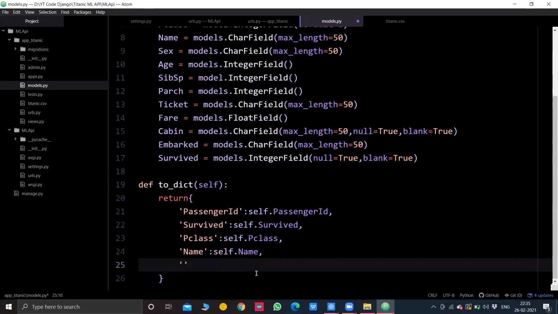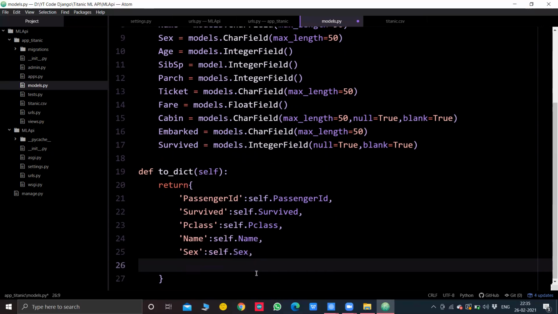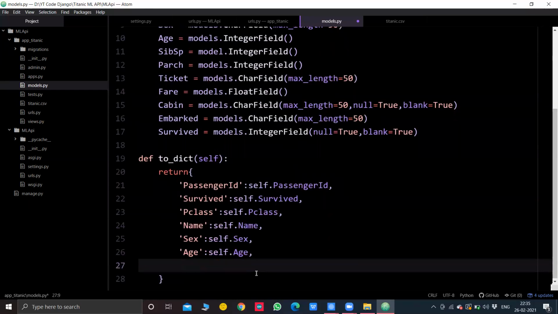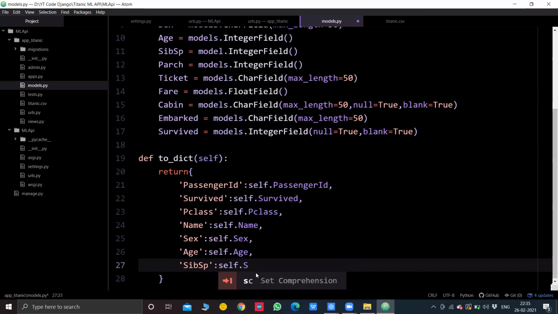Then after name comes the gender. After gender, we have age. Age. After age, we have siblings and spouses. Self.siblings_and_spouses.